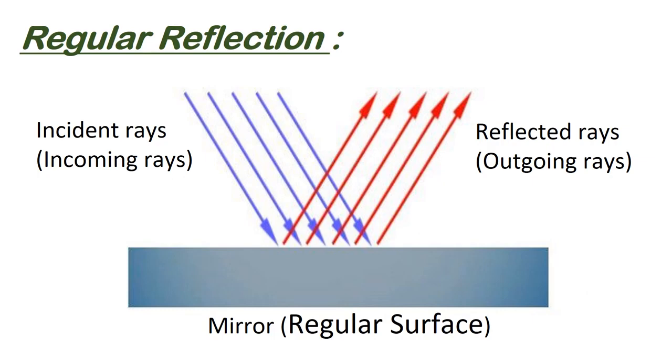The reflected rays are denoted with red color, and you can clearly note that the arrowhead is depicting the direction of the incident as well as reflected rays. As the definition of regular reflection says, the incident rays are reflected in the same direction. We can easily deduce that this diagram is representing the phenomenon of regular reflection.